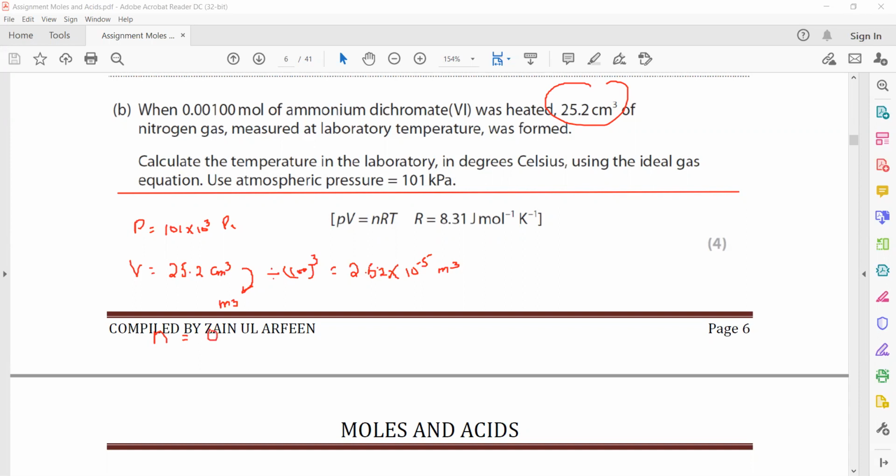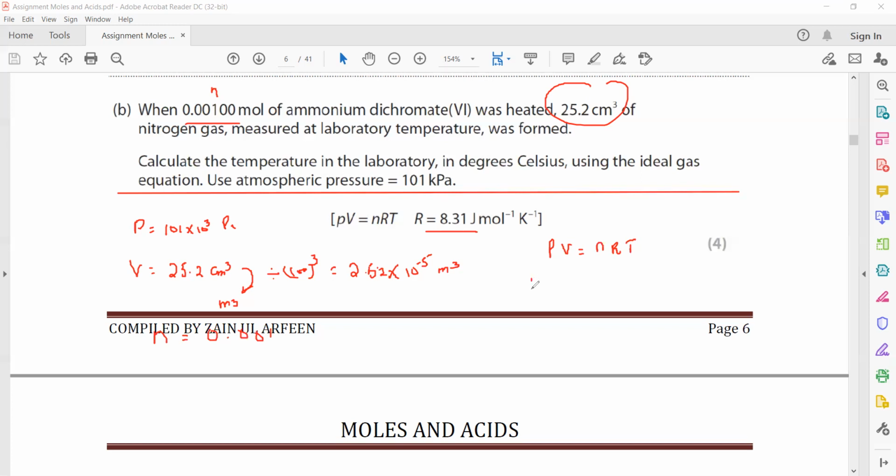That is 0.001, the value of the n. So we substitute, and the value of the general gas constant is 8.31. So we have the formula PV equals nRT, where P is the pressure,